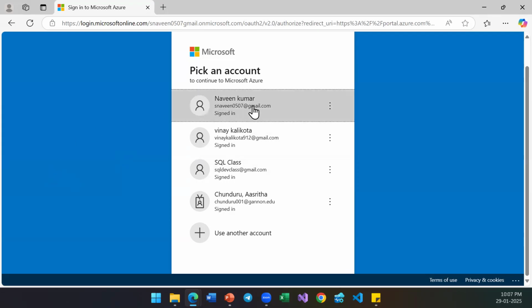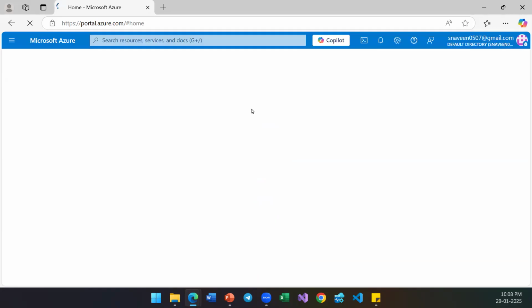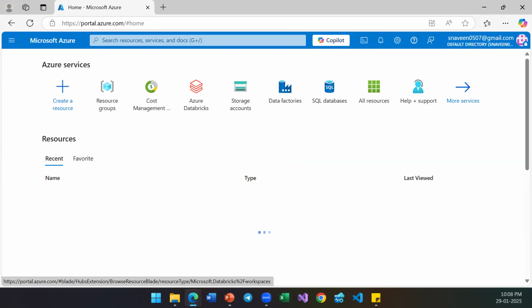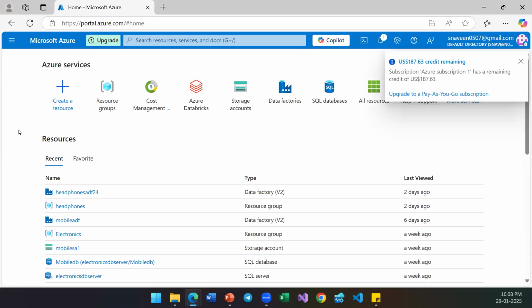Right. Anyway, for now, I'll get into this Naveen Kumar account. But again, guys, it is not my account. I am Shiva. This is one of my students from a different batch. So I requested him to provide this to me, and he has given it to me basically. Anyway, it is loading. So this is how the portal looks, guys.